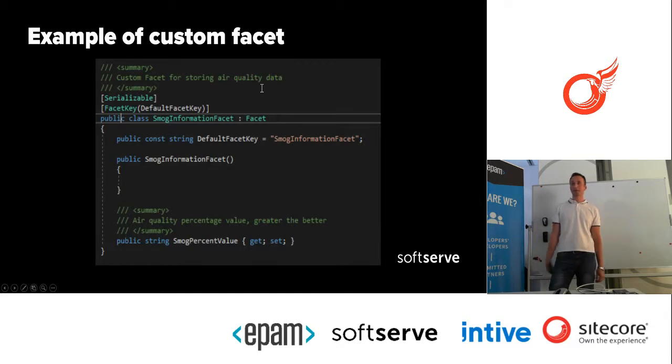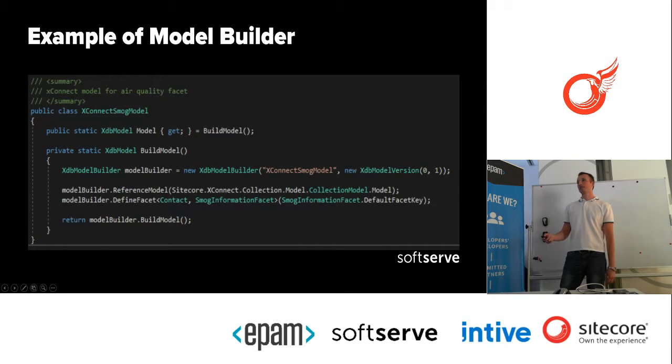This is the code from our application from the Hackathon as well. So I hope that Wojtek doesn't mind. Okay, and we see that this is our custom class, so our custom facet. We put some properties inside of it. Later, we are creating